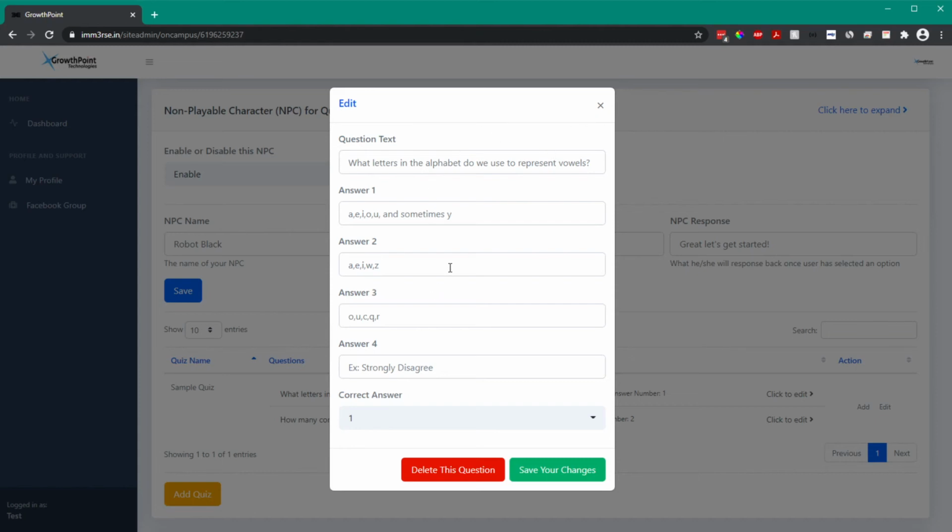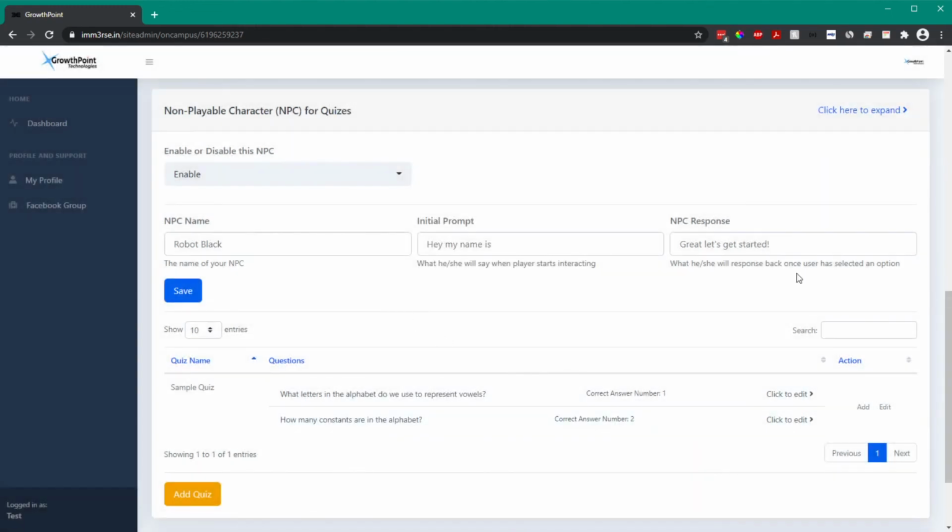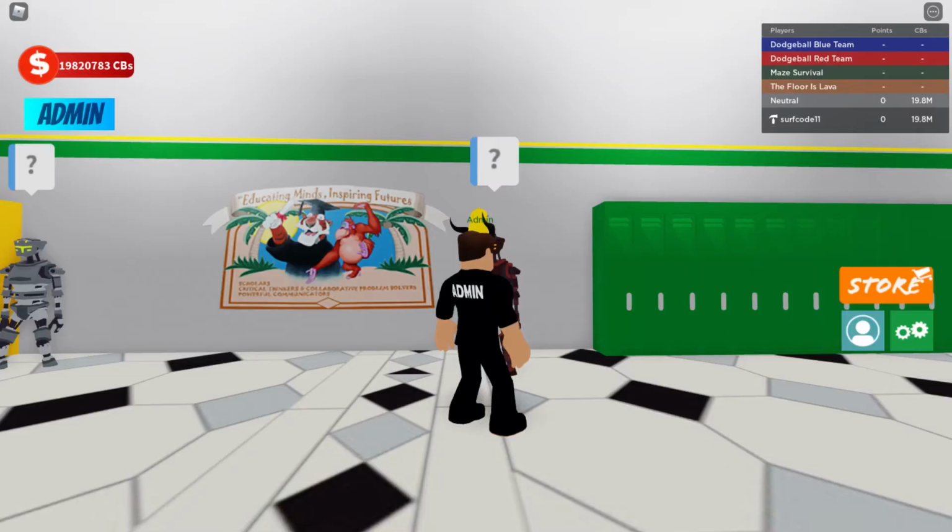So there's already an example here, like what letter in the alphabet do we use to represent vowels, right? So these are the questions, and the correct answer is the first one, right? A, E, I, O, U, and sometimes Y. Okay, so let's go into this game and actually